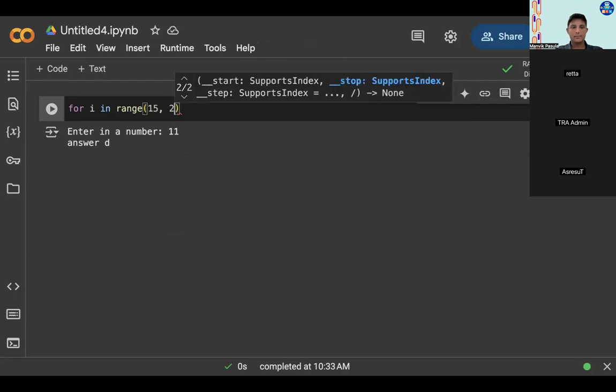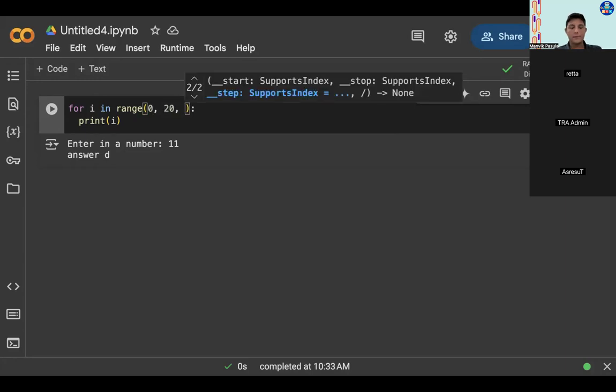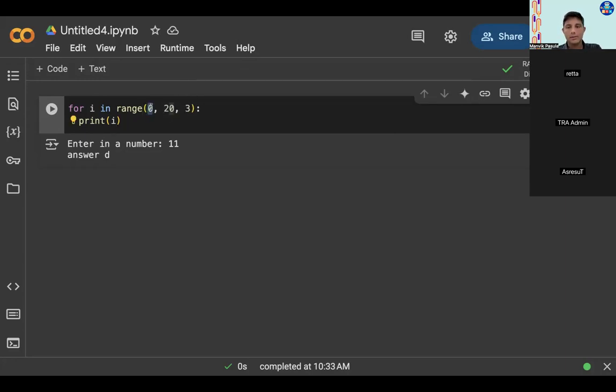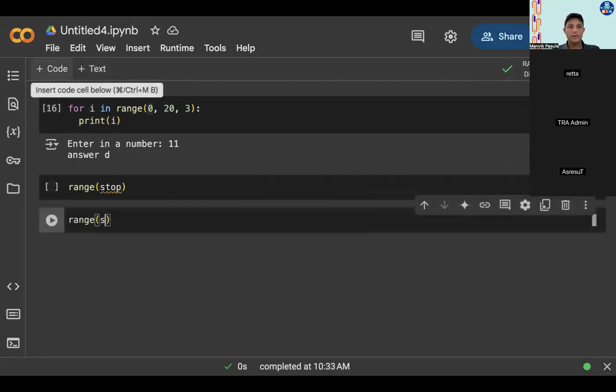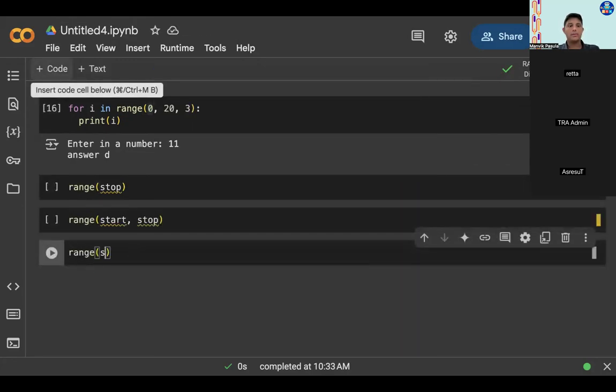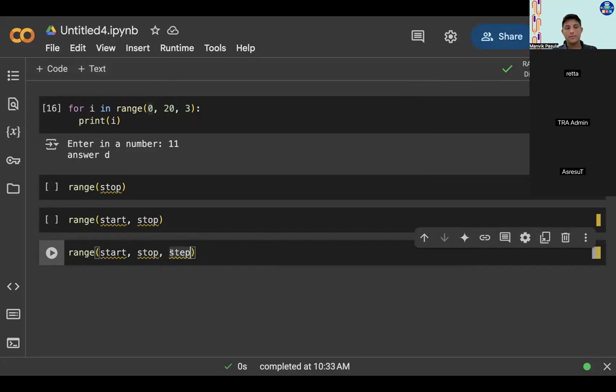So what is this going to print out? 15 up to 19. Right. Also, if you want to put a step value in, you have to put the start value. So there's three different ways you can write it. You can do range of just stop, you could do range of start, stop, or you could do range of start, stop, step. Right? You can't do stop and step. You can't just do both of those. It's a little weird, but